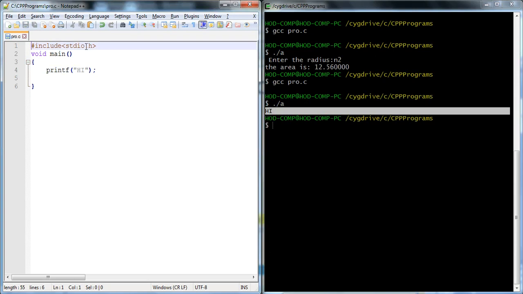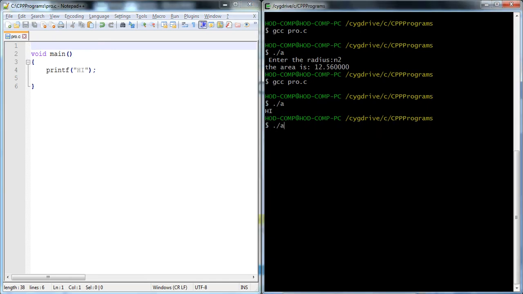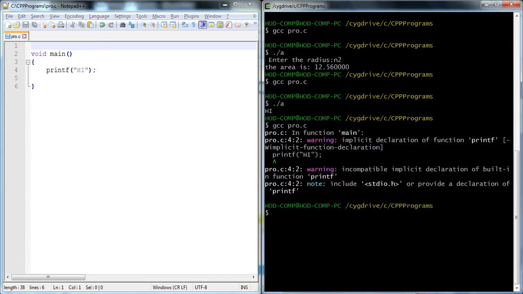Then what exactly is the use of #include <stdio.h>? This is the header file which contains the definition of printf. If I comment this out or remove this line and save, then it gives an error because it did not find the definition of printf. Okay, this is also runnable, because it runs with the warning in main: implicit declaration of function printf. With the implicit function declaration, it is asking for stdio.h, right?